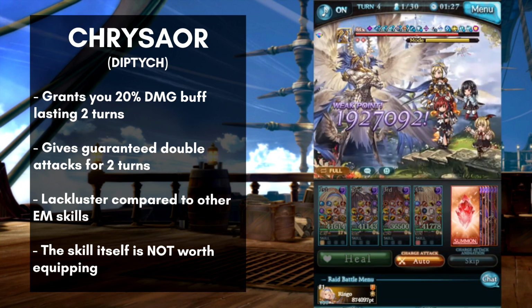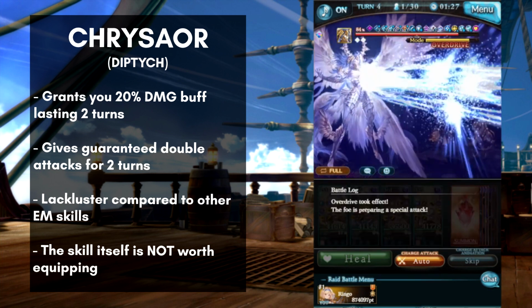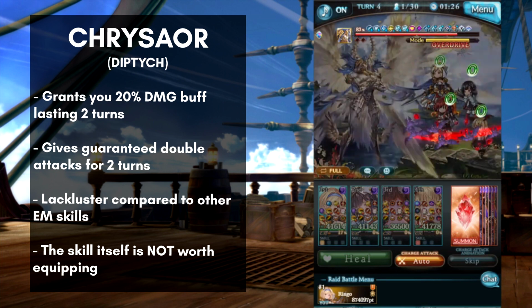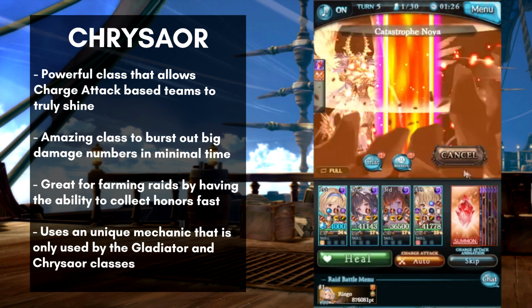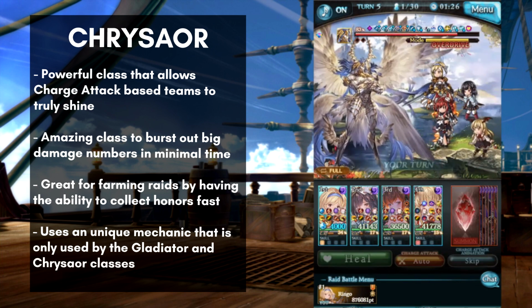for 2 turns. Compared to the other skills that we are about to discuss, this is just extremely lackluster, and if I'm being honest, it's not worth using at all, so keep in mind that this is a skill that you definitely don't want to equip when using this class. Now that we know which skill not to take, we can finally look into the skills that you do want to take along with you, and the very first skill is definitely something that you want to use, which is